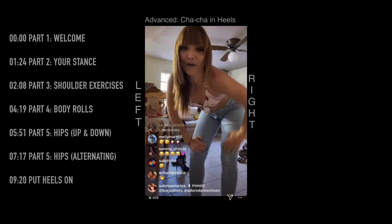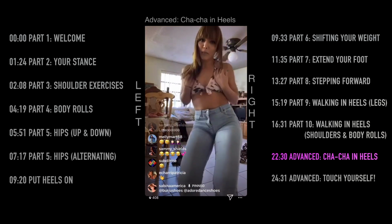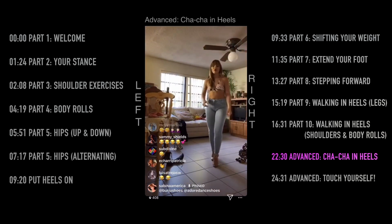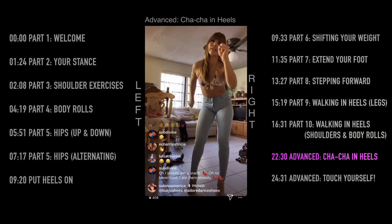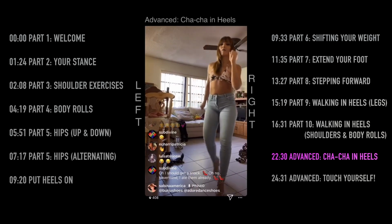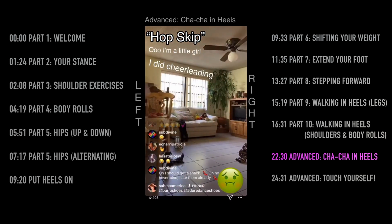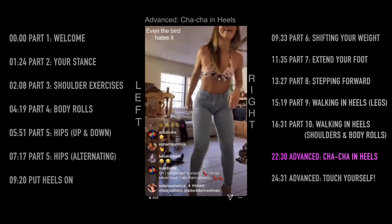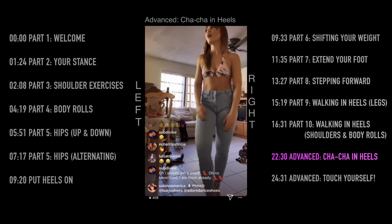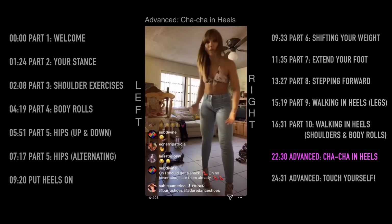For my advanced people, I would practice with cha-chas and of course, feeling up on yourself. So if we were to do a cha-cha step, which for professional dancers I recommend, don't ever hop skip. And what a hop skip is, ladies, is like, I was a cheerleader in high school. Look at me getting to my spot because this is the fastest way for me to get to my spot. Don't do it. Don't be that girl. So don't ever skip, ever. If you have to get somewhere,